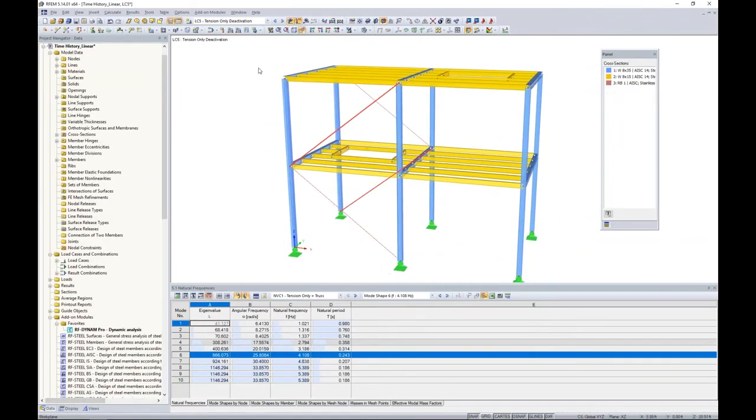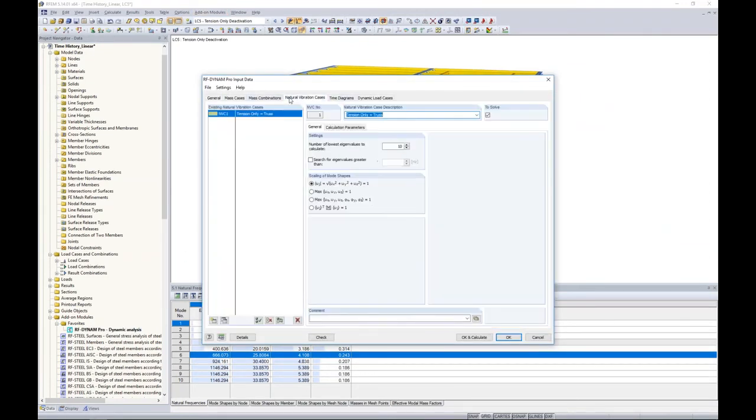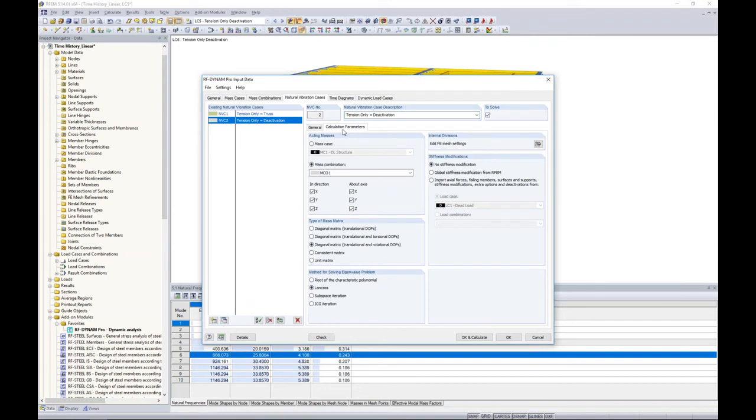So what I'm going to do now is go back to the dynamic module. I can just double click on it over here in my project navigator. Jumping back to my natural vibration case tab, I'm going to make a copy of what we've already previously done. We already created natural vibration case 1. I'm going to create natural vibration case 2 as a copy and rename it to deactivation. Everything remains the same from my first case, the acting mass combination, the mass matrix,